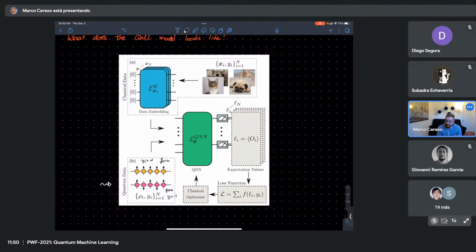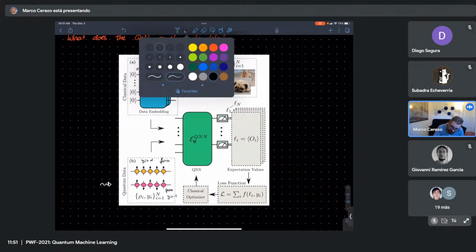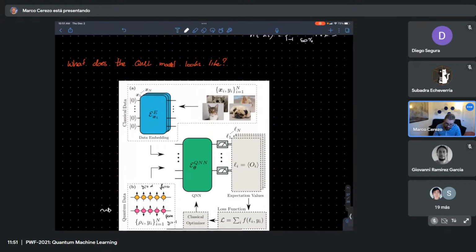Classical data is not obvious because my classical data is not in a quantum computer, right? So the first thing that we need to do is think about how to take classical data and put it into a quantum computer, because the quantum machine learning model is essentially trying to do some process analysis over quantum states. And that means that the first thing that we need is a way for that classical data to be put into the quantum computer, because as we said, the first thing about quantum machine learning is that the main goal here